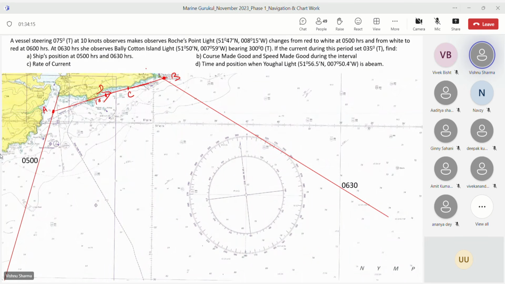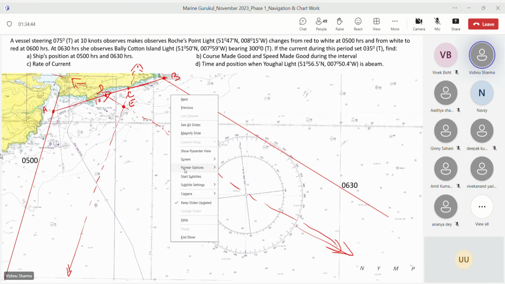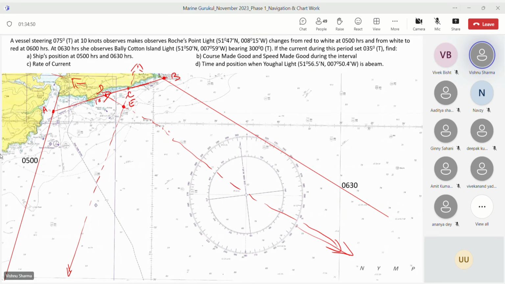Okay. Now, through C, you will transfer the first PL. Through D, you will transfer the third PL. Am I right, beta? Right? Yes, sir. Yes, sir. This will be your E. Correct? Correct, Peter? Yes, sir. Yes, sir. Now I take my current 035, and when I take my ruler to C, I find 035 is never going to cut the third PL transferred. Yes or no? Yes, sir.